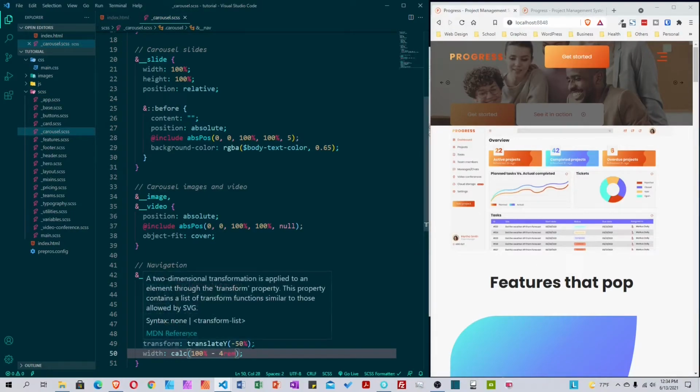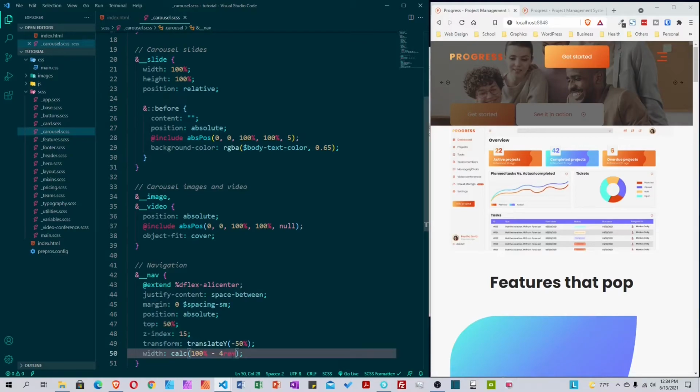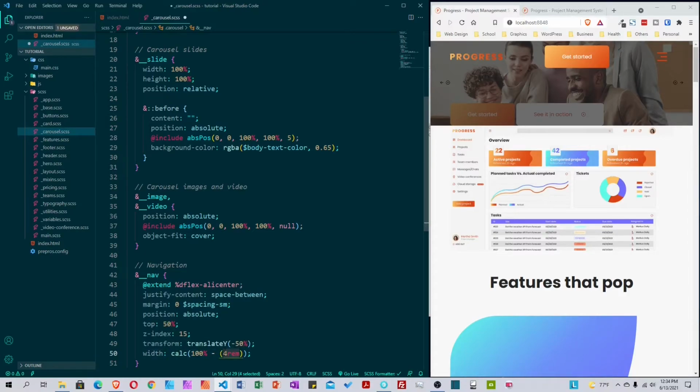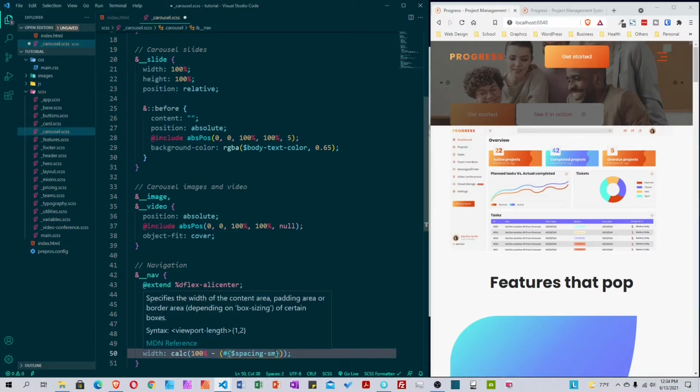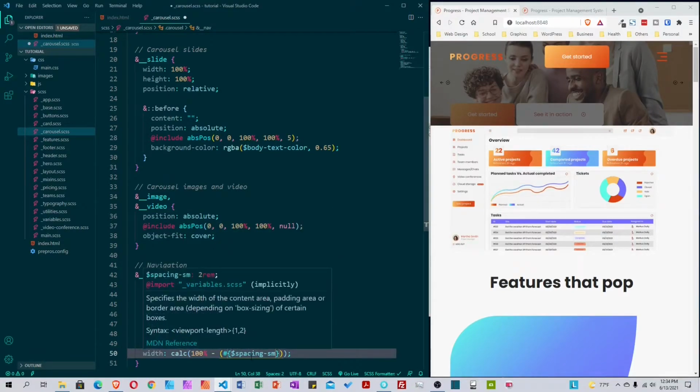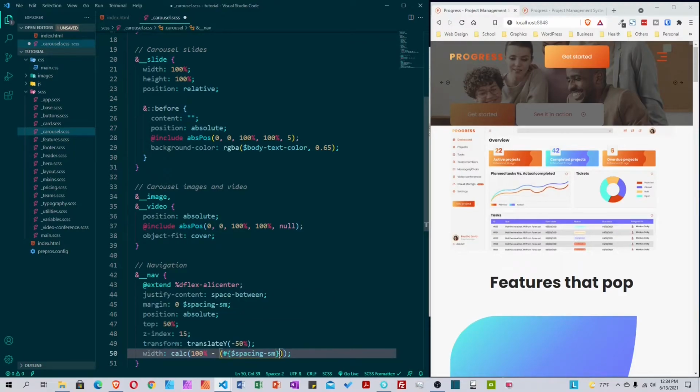I want to show you how you can use a SaaS variable inside of the calc function. So say minus, put this in parentheses, then the hash and curly brackets, and now call the variable name. In this case, spacing SM. So if we ever change this variable later on to be like 3 rem, this automatically will change. Okay, and then we want to multiply it by 2 because we have it right here and then right here. So if I save this,